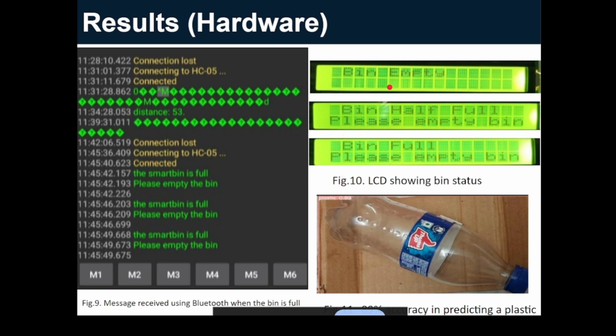And after that, we dump it on the left side since it is detected as plastic waste, as we can see here. And according to the status of the bin, on the LCD we display an output as either the bin is empty, half full, or full. And in case the bin is full, we also send a message to alert the user using the